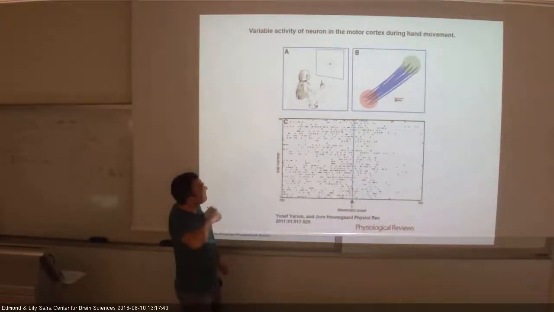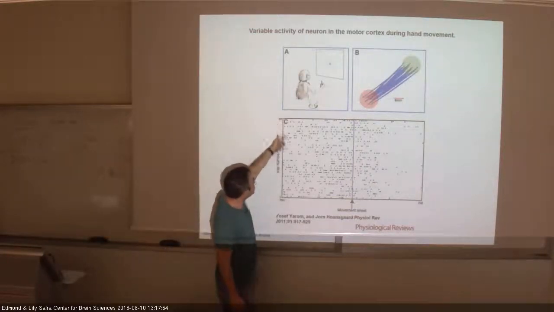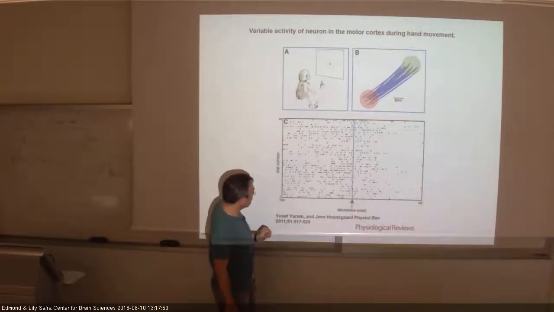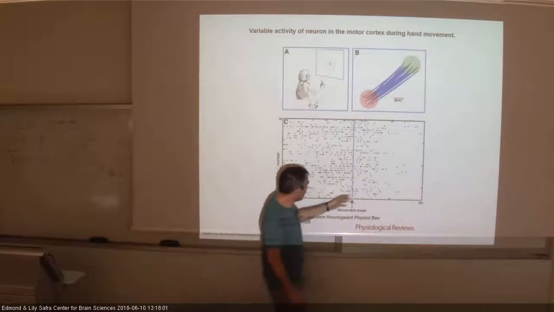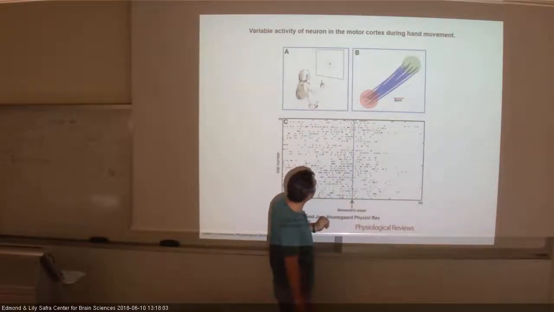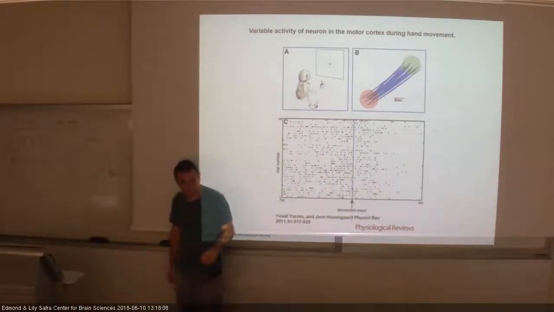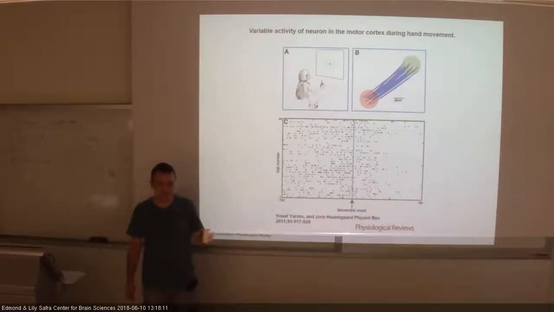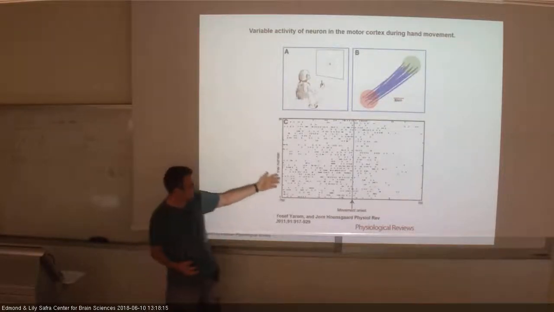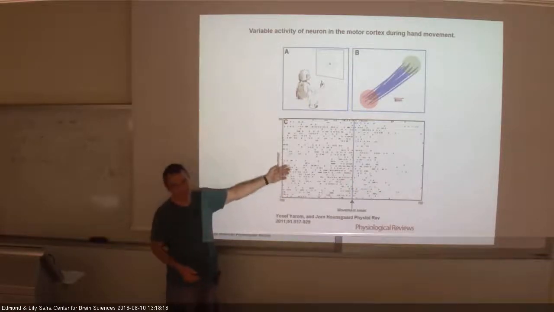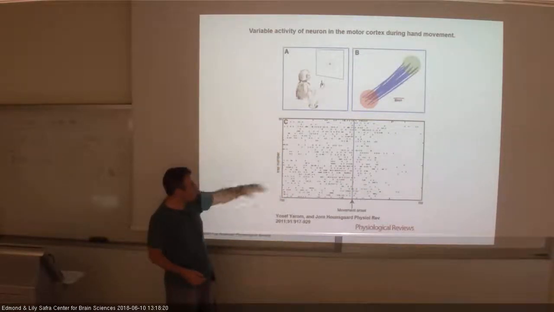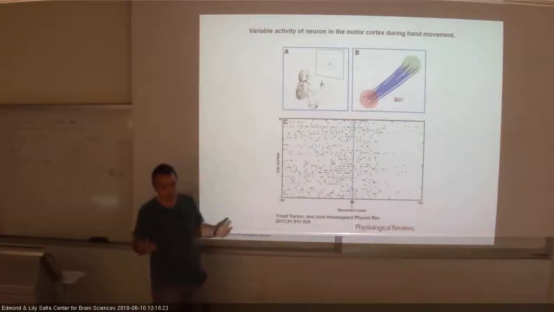Monkey is doing exactly the same experiment, and these are the spikes before movement, and this is movement onset, and it is still as noisy as it was in 1982. So this noise thing is something that we are unable to... Well, first, this is something that has been there for many years in our experiment, and it doesn't seem to be something that we were able to get rid of,